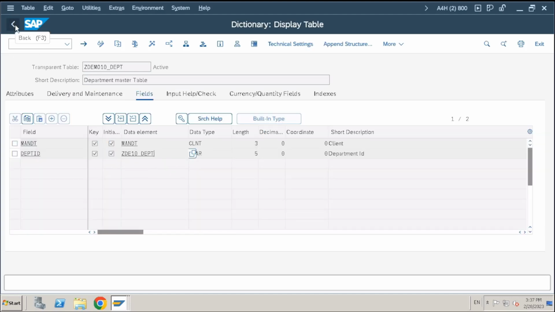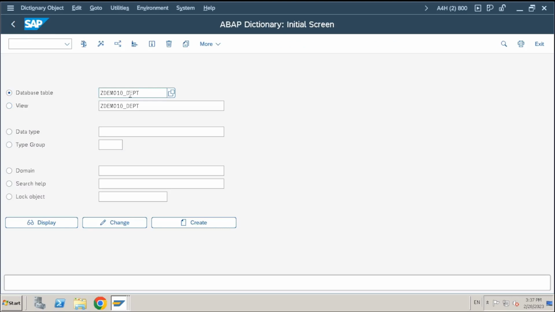Let's create one more table. Now my requirement is to assign departments for each employee. We have an employee master data and a department master data, but there is no link, right? Which employee belongs to which department? How can you say that? We don't have that data. We have two individual tables, one employee table and one department table, and we don't have information on which employee belongs to which department. So for that, we'll create one table,